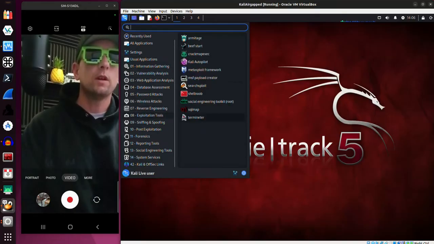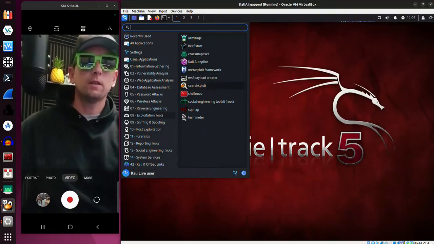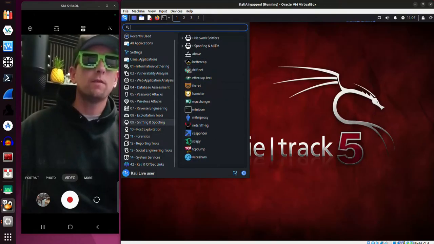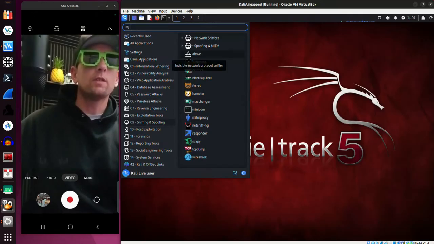Exploitation tools. This one at the end is definitely new. Terminator, whatever that is. Shell Noob. Kali Autopilot is something new. They talk about that on their blog. Armitage has been installed. Sniffing and spoofing. You can see we got a lot of additional entries here. Ferret and Hamster are typically not installed. And you also have some C2 frameworks that,